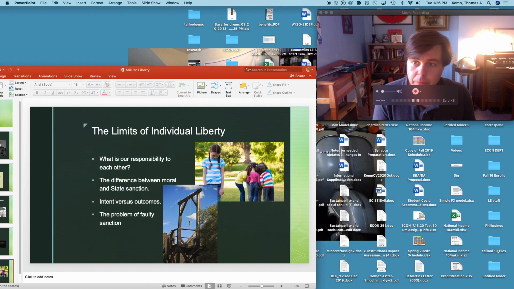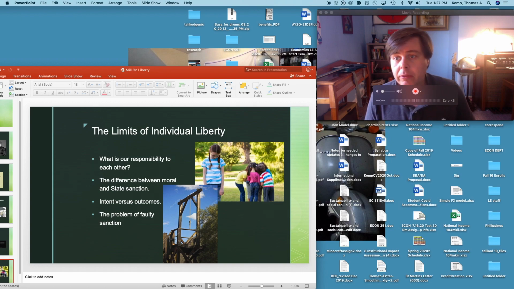Indeed, the point of most of this diversity is to build a base of information for society to make good decisions on. So, therefore, it would follow that the existing base of information should be used to guide choices at the margin, or to guide current choices. But this is far different from saying that those individuals should be sanctioned. So we might tell somebody, well, I think that's not a great choice. But that's not the same as taking moral sanction upon them.